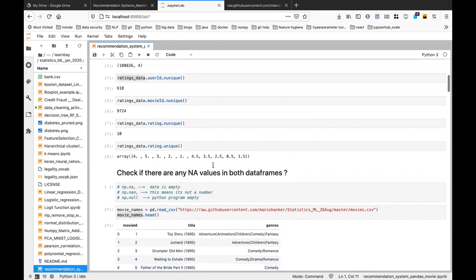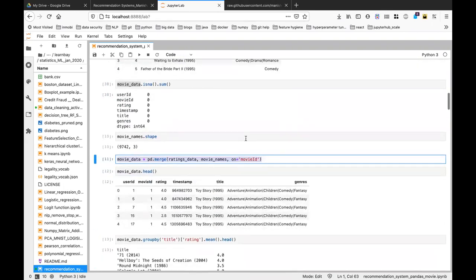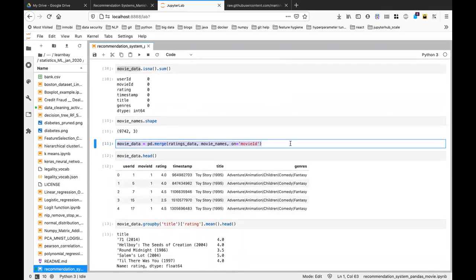Once we got the idea behind these two, I'll show you how we can merge. Are you guys familiar with how to merge data frames? You can use pd.merge, and anyhow, internally it will do a join only.